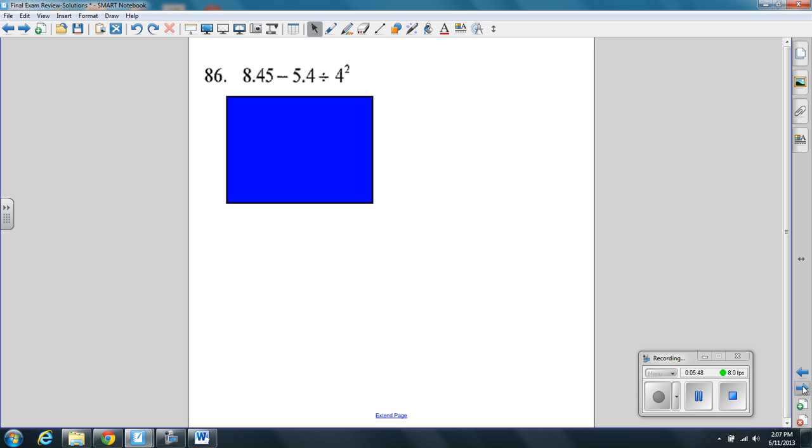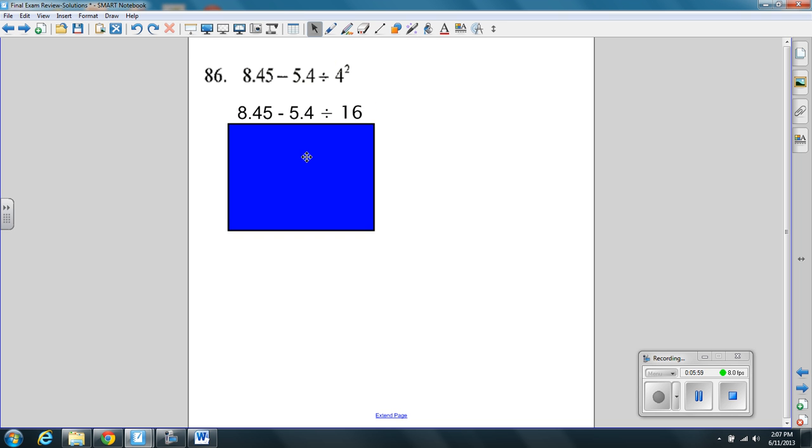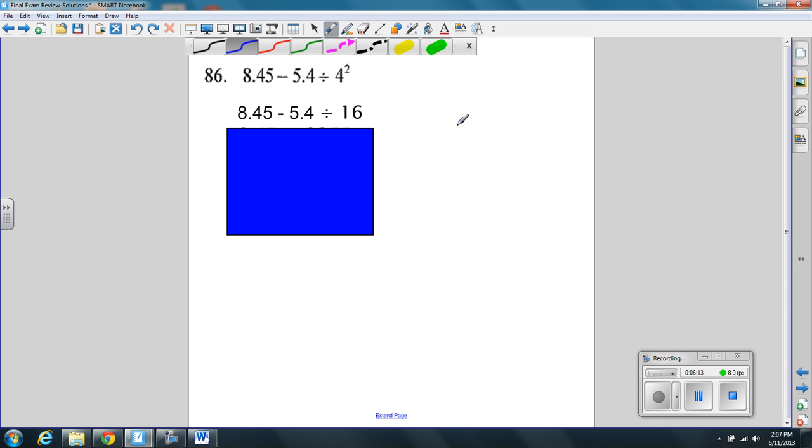Number 86, we're going to evaluate again. Here we have subtraction, we have division, and we have exponents. So we're going to work with the exponents first. So 8 and 45 hundredths minus 5 and 4 tenths divided by 16, because 4 squared means 4 times 4. Next, we're going to do the division. So we're going to take 5.4 and divide by 16